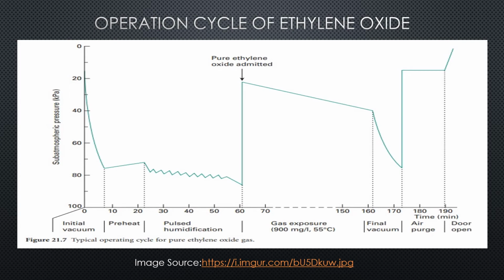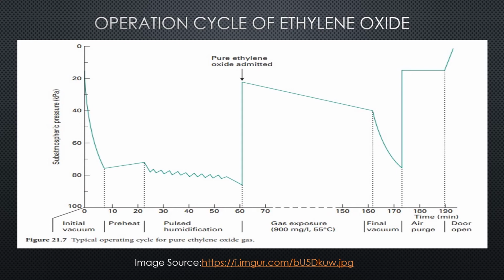Here when we are adding the gas, extra quantity will be added because some of the quantity gets absorbed by the content or the product which is under sterilization. Addition of more gas as the pressure drops during the sterilization process. After treatment, when the time is over, the gas will be removed completely. This evacuation will be directly to the atmosphere or through a special exhaust system. It will be removed completely out of the chamber.